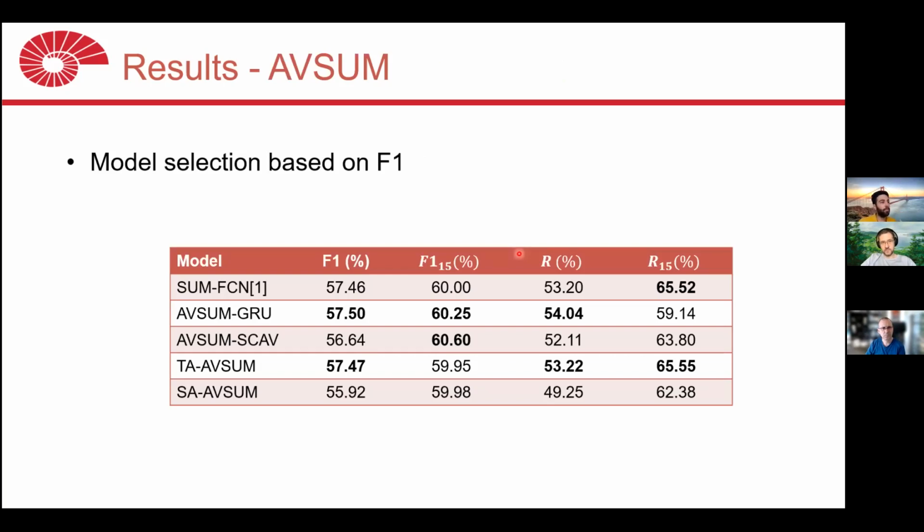So I will start with the traditional approach. Here we select the models regarding their F1 scores, and the table depicts the performances of the architectures traditionally, and also their performances on the human-centric versions with the 15 subscript. Now we highlight the two best architectures in each category. We see that Awesome GRU, which is the early fusion of GRU embeddings, has promising results for F1, F1-15, which is the human-centric one, and the face recall.